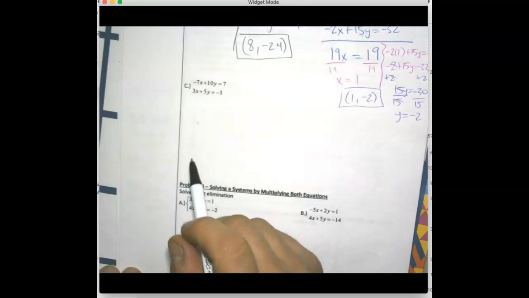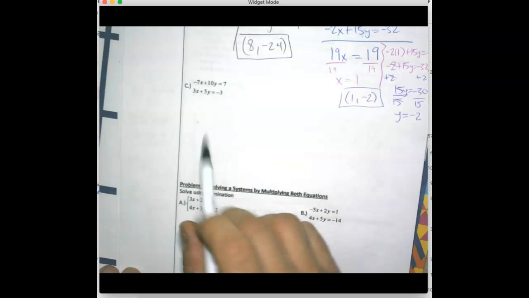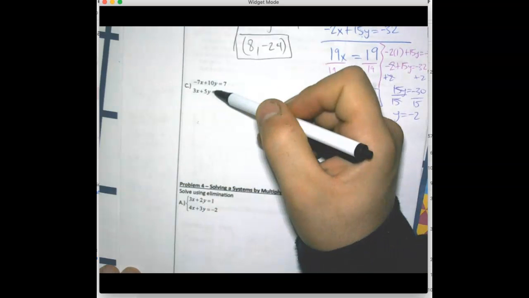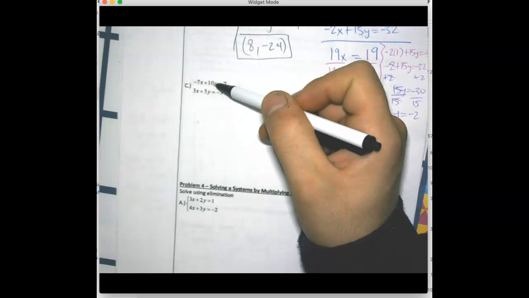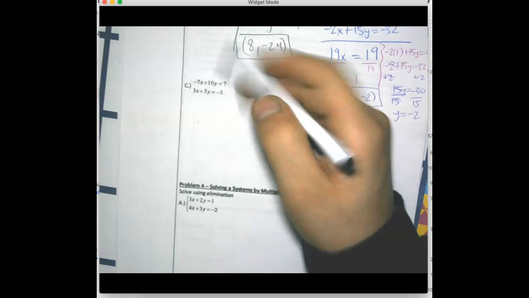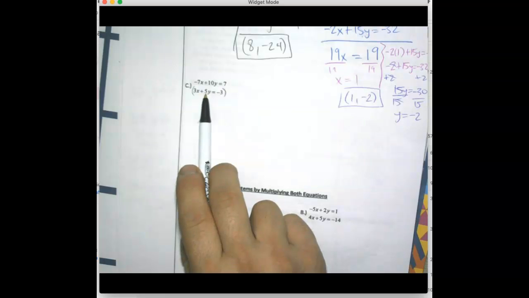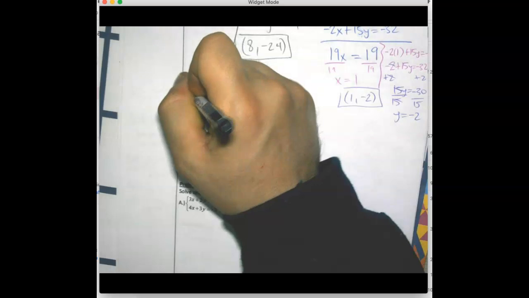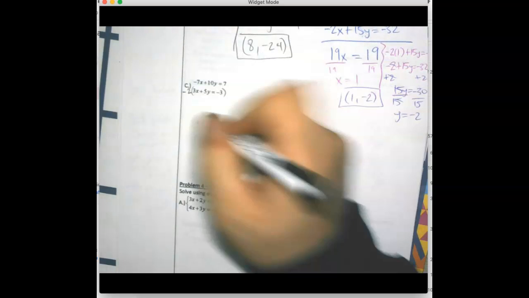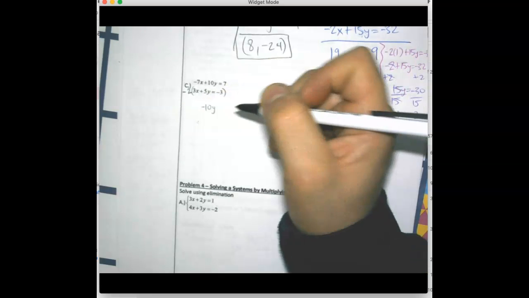So continuing on with these notes on solving systems of equations by elimination, this one right here, no opposites. I can make this 5 into a negative 10, right? Opposite of 10 will be a negative 10, so I just gotta think of what I need to multiply this by to make it a negative 10, which is negative 2. So if I multiply 5 by negative 2, I'll get negative 10y, which will cancel out with that positive 10y